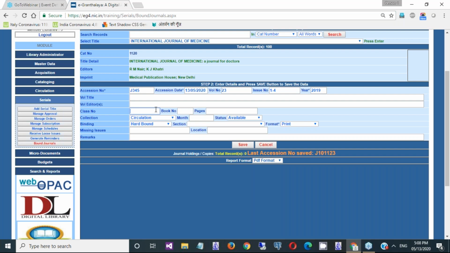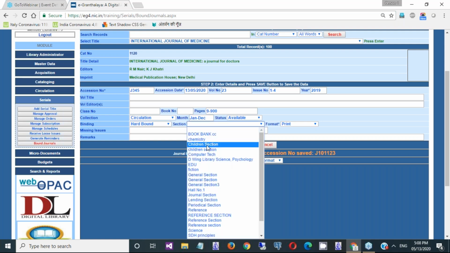If these are classified, you can put the class number, book number. Pagination sometimes may be in continuation, sometimes may not be, so accordingly you can put other information, January to December, or if it is in two set, then you can put January to June and July to December, like that.